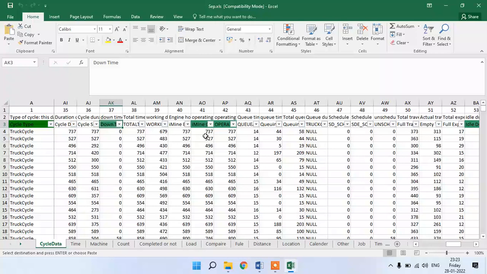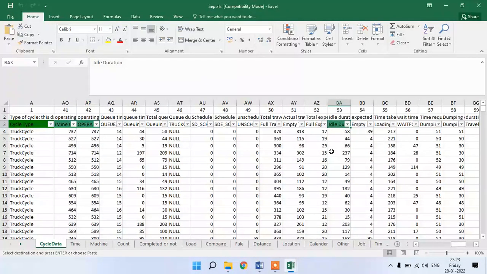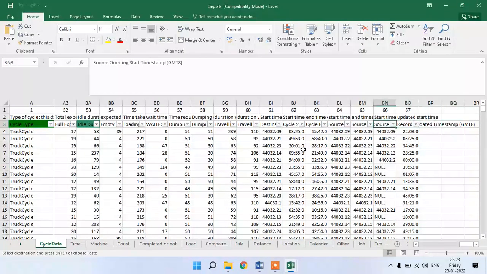Here I have used the downtime, and then operating time, which is actually the total operating time. Operating hour of our iMine: how many hours the iMine has been used is the total operating time. Next I have used idle time. All these other things, start time and end time, are not required.